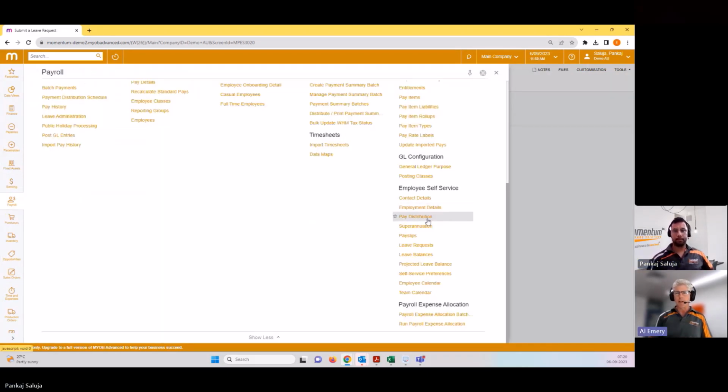Pankaj, yes, the leave approval workflow can be quite sophisticated. It can go to two approvers if need be, line manager and then payroll manager, for example. And the managers can look at projected leave balances as well as previously approved leave in a calendar format for their team members. Just conscious of time,